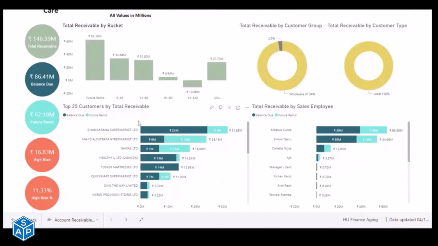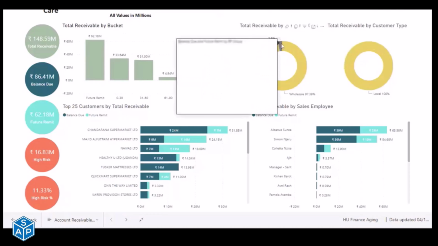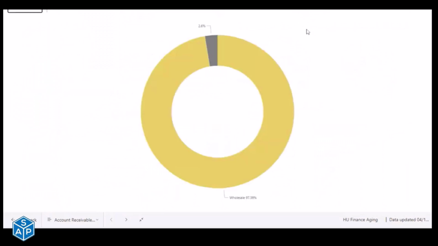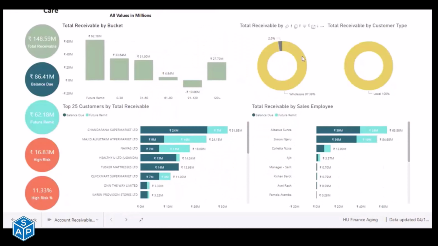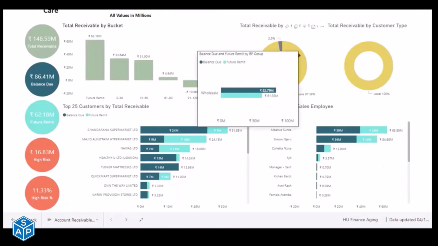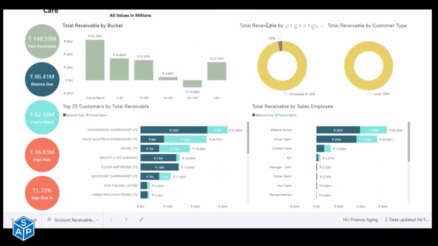total for this customer. To the right, I am showing two donut charts which display the total receivables by customer group, that is wholesale and retail. Here, as you can see, once I hover over the wholesale tab, it will show me the balance due and future remit for that particular customer group. To the right, we have customer type wise total receivables as well. Here, all the customers are local, but if we have export or